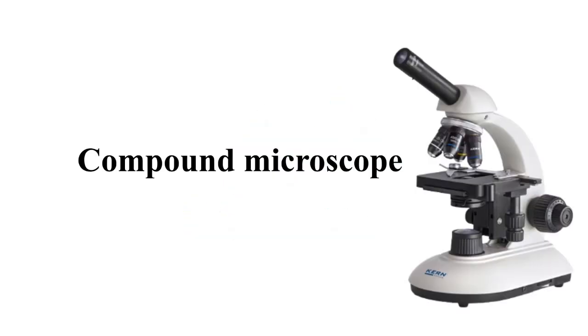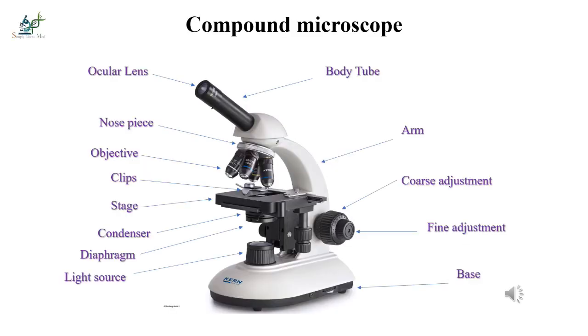In this session, we will discuss the compound microscope. A compound microscope is different from a simple microscope because it is made up of a combination of two or more lenses. The compound microscope is not a simple microscope because here, a combination of lenses is used,